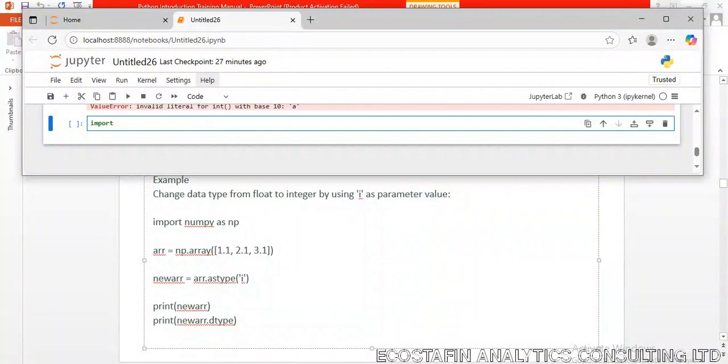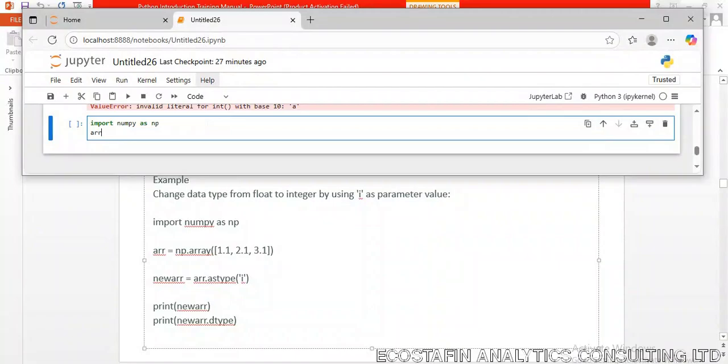So, import Numpy as np. Okay, arr equals np dot array